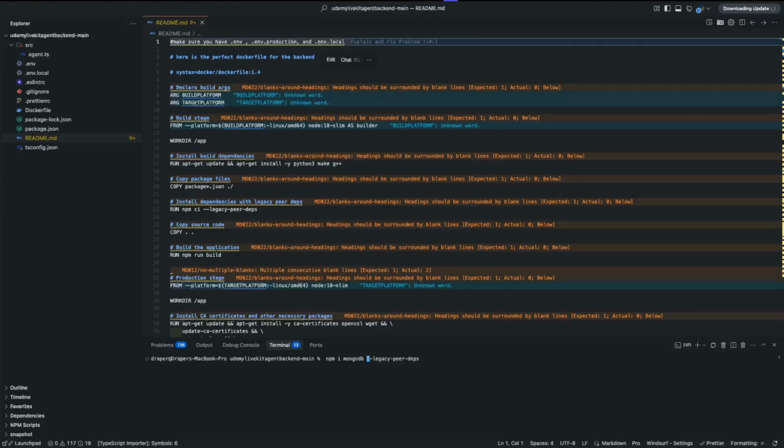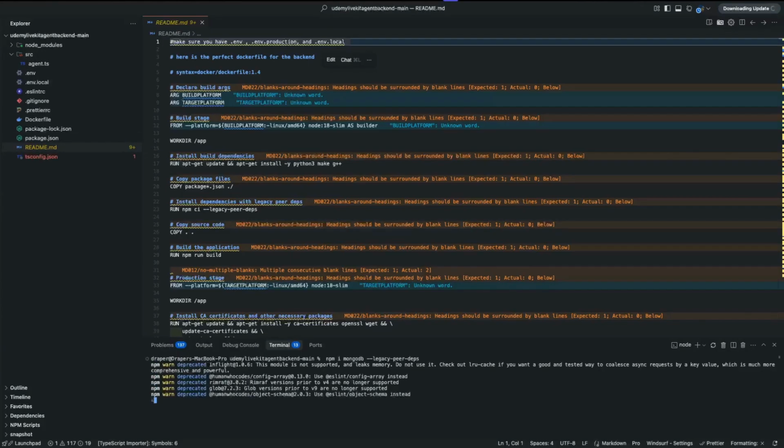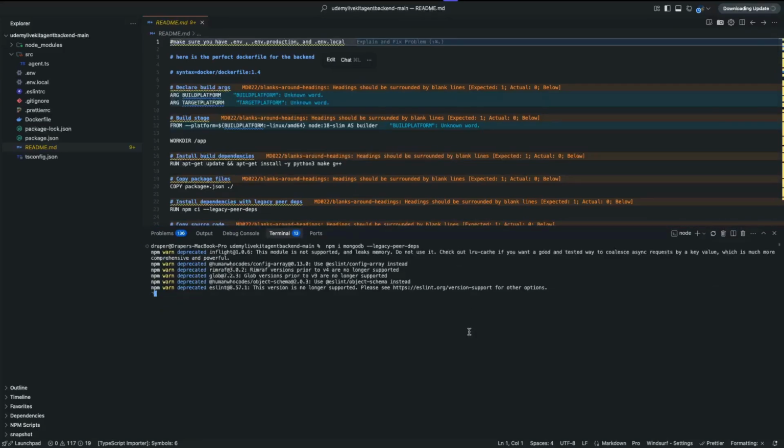So once I hit that, I'll hit enter. If you usually get to this stage, usually you're in good shape. Let's see if we get any errors. Excellent. So at this point, we can go ahead and run npm run build just to make sure that all this could compile to JavaScript,